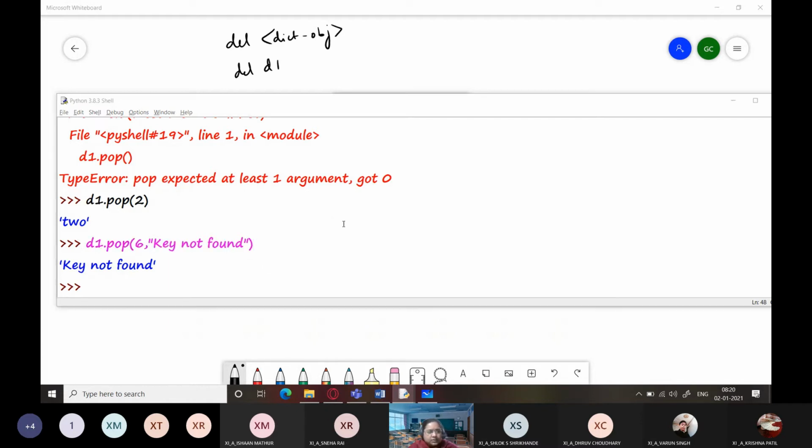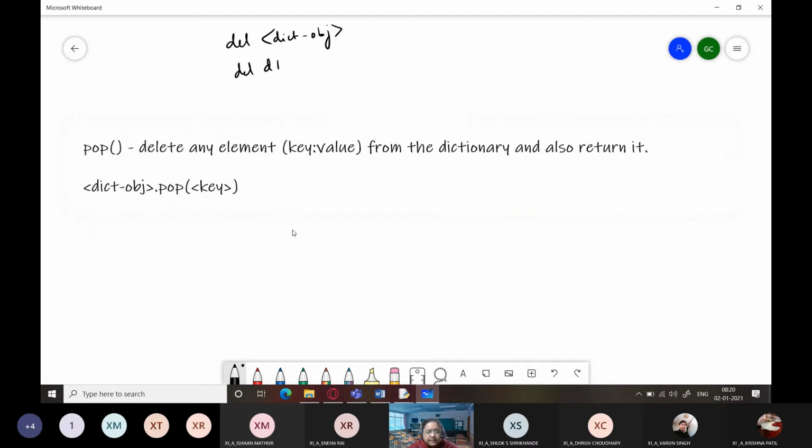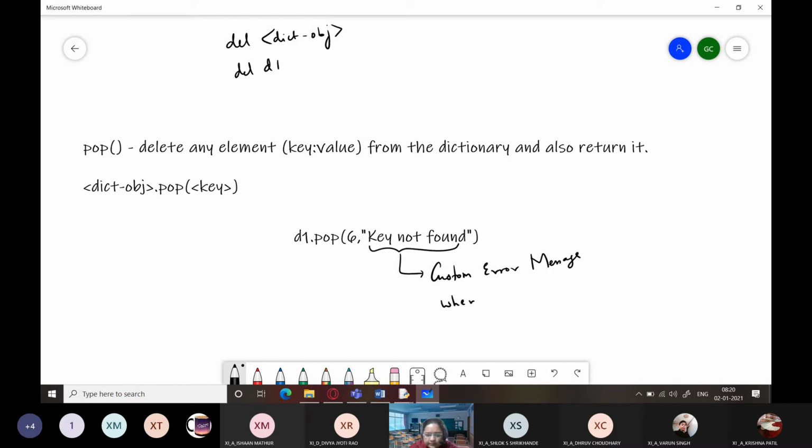In case the key is not present, if you suspect that the key is not present in the dictionary, you can also provide a custom error message over here. When is this message displayed? When the key is not found in the dictionary, right?